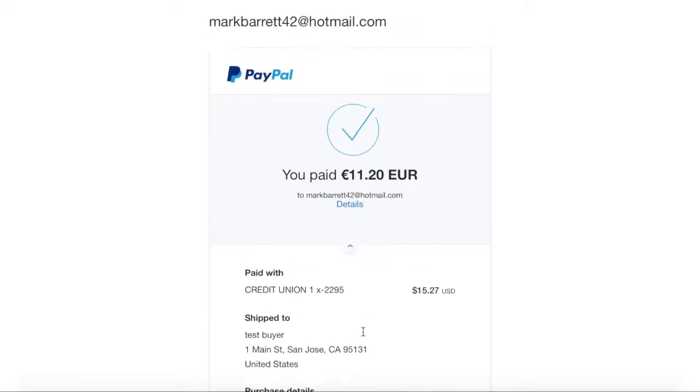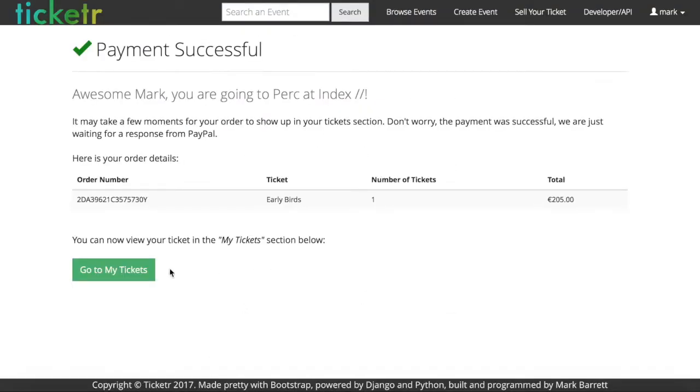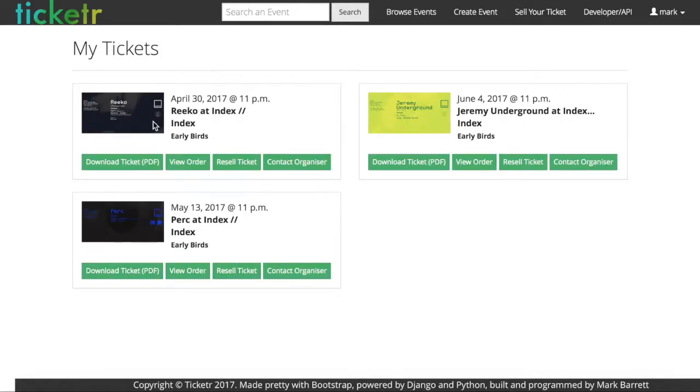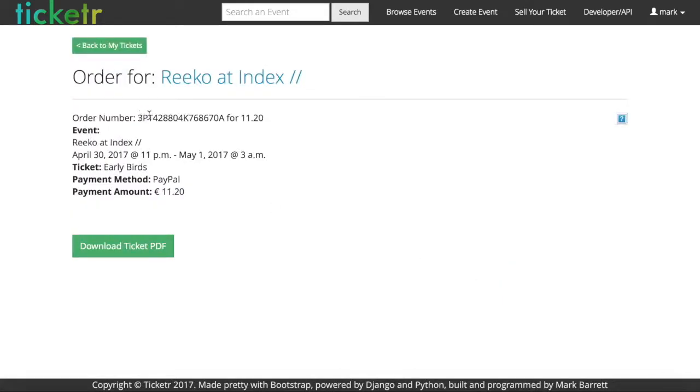So again, just to reiterate that it might take a couple of moments for the PayPal IPN to respond. Yeah, see, it's going to take a little bit of time for it to come back, because the IPN takes a few moments to respond. But once it does, we can come over here and look at it. There it is. So if you gave it a few moments, it pops back up. So there you go. That's the fourth ticket for Rico. So this will have a different transaction ID and a different QR code.